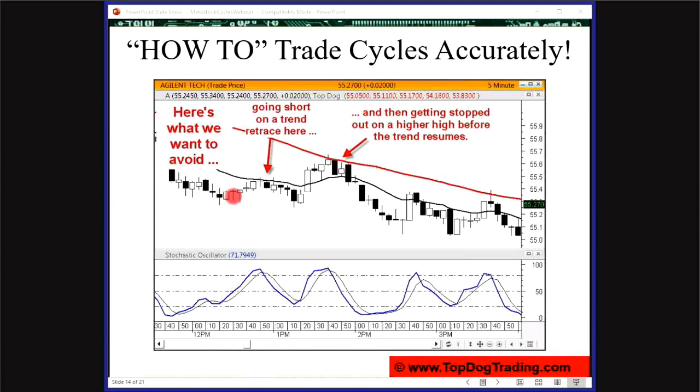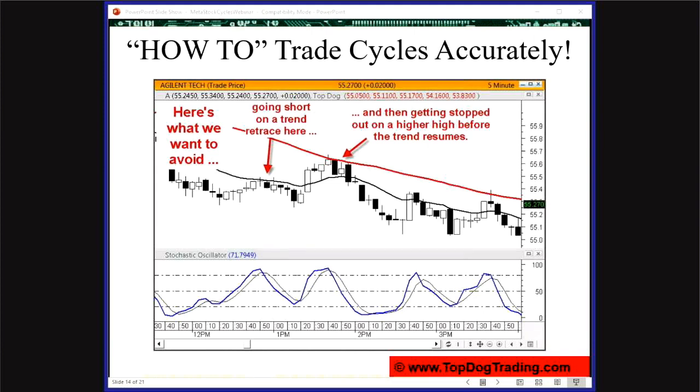So here's what we want to avoid: market coming up, hitting resistance of the 15 EMA in this case, coming down, not making a lower low, and then going back up and stopping us out if our stop's up here. Comes back up here, then we get stopped out, and then the trend goes back down. So this is an example of, I was right, but at the wrong time. That was not the right time. So how do we solve that problem?